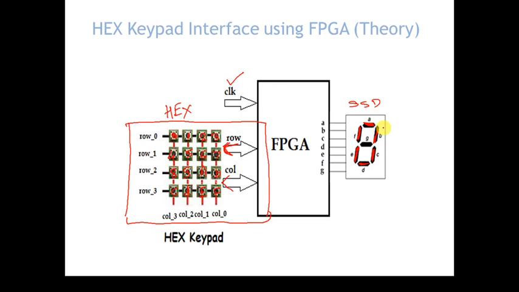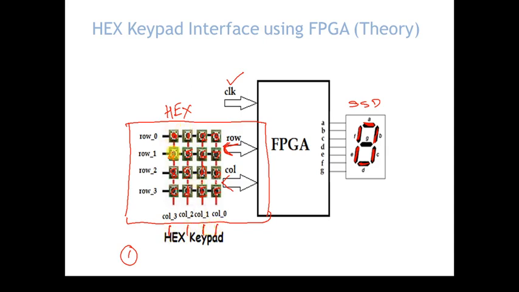A hex keypad is made up of, let us say, 4 rows and 4 columns. To write any VHDL code we need its logical understanding. So let's begin. How to detect the keys pressed on the hex keypad? Initially, the first step is we have to make all column values 1. What will happen when we make the columns 1 1 1 1?